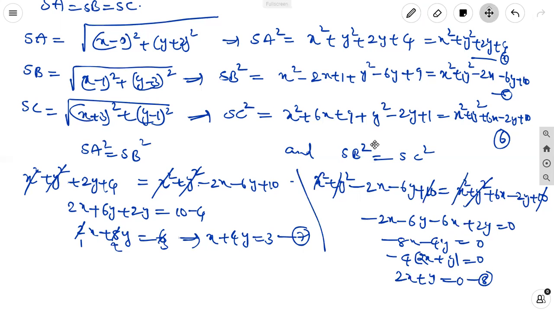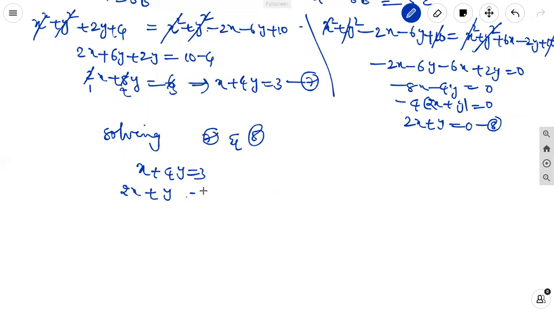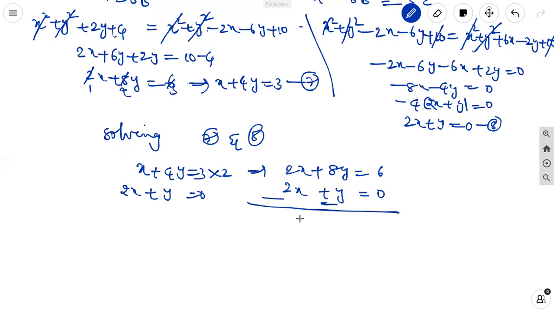Now we can solve the 7th and 8th equations. X plus 4y equal to 3. 2x plus y equal to 0. The first is multiplied with 2: 2x plus 8y equal to 3 2s are 6. 2x plus y equal to 0. Subtract one from the other: 0, 7y equal to 6. Y equal to